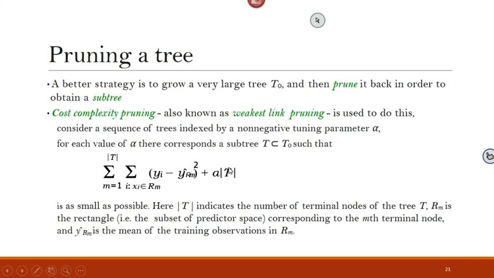This symbol here, T between the bars, is the tree size, and alpha is a tuning parameter, a penalty parameter. So the question is, what is the best value of alpha to choose to penalize the tree size, because we don't want it to grow too big.